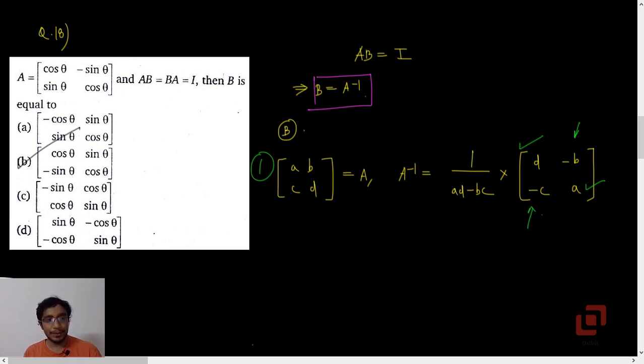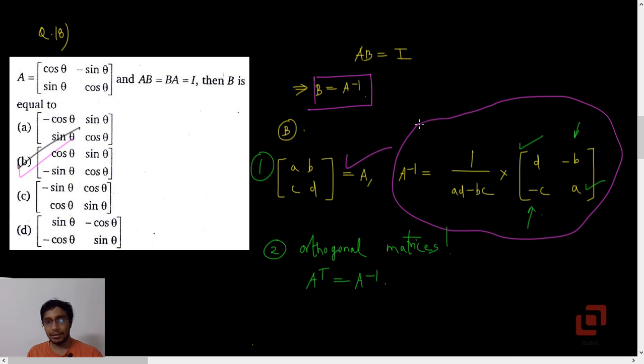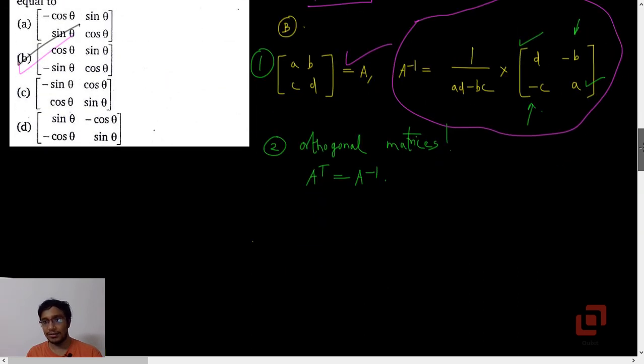And if you remember, in one of our previous sums, I told you about the orthogonal matrices, where the transpose itself is its inverse, and this is one such matrix. So even then you can take the transpose and check that it is indeed option B. Now I have found a lot of sums based on this particular formula, the inverse of a 2 by 2 matrix, so you can just remember this formula. Question 18. Let's go to 19th now.